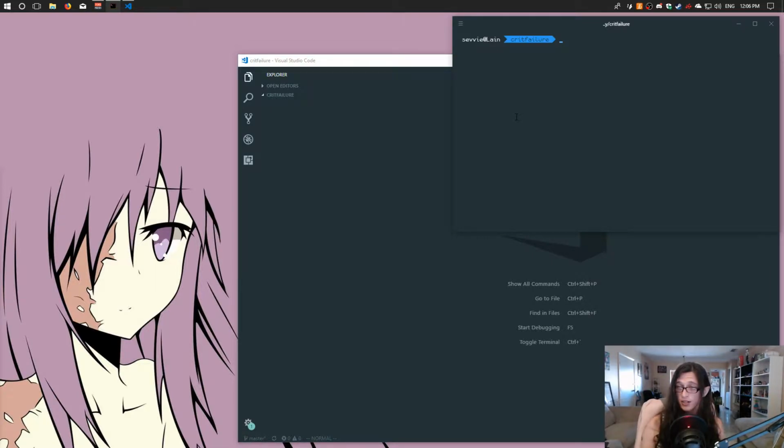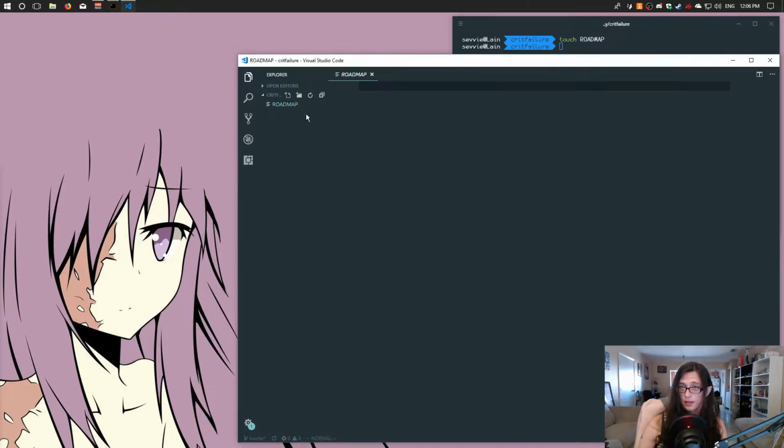That being said, we're actually going to start by making a roadmap, because I would like to define the features that I want and be able to work through those as we're slowly developing this. Now, a roadmap file doesn't have any standard formatting, so I'm just going to be going through this